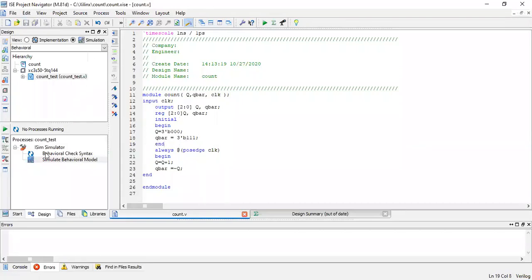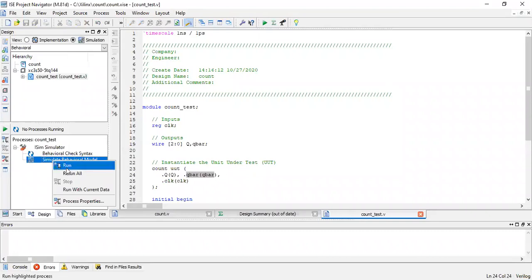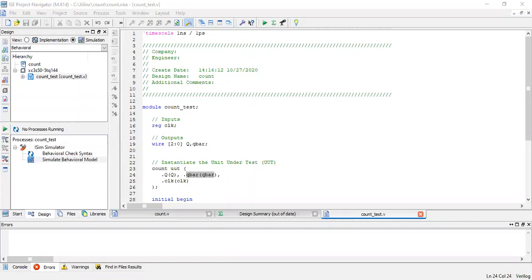Save. And let me go to the same test bench. I'm not making any changes in the test bench. Only in the test bench I've added Q bar extra. Then let me simulate and check whether I'll get the output. So what should happen? If you observe Q, you should get the up count value. If you observe Q bar, you should get the down count value. So now we have got the simulation output over here. Let us see the output. Is it working correctly?